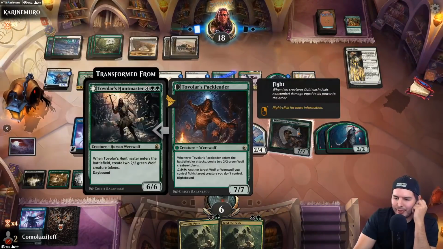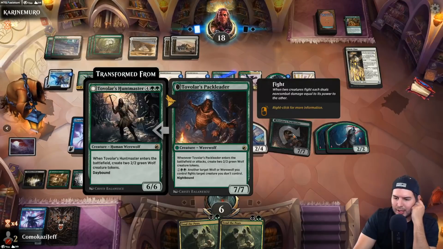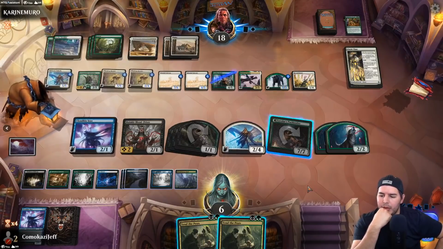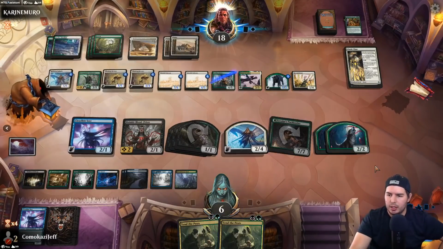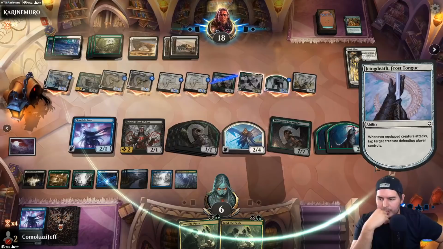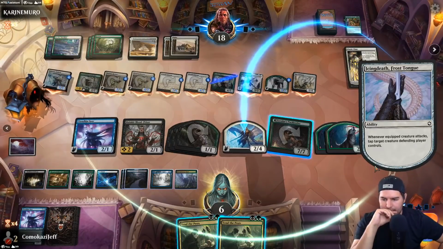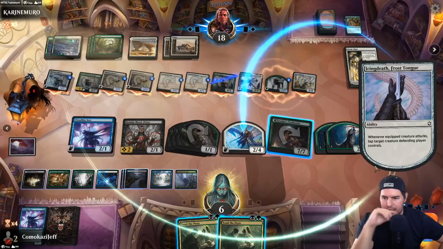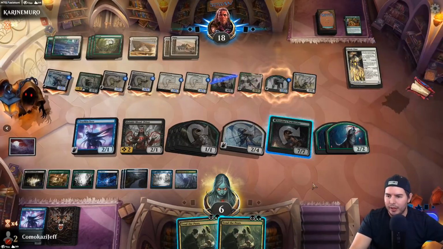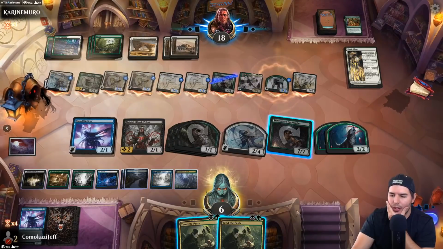This is now a 7/7. Another target wolf fights something we don't control. Let them attack in. Let's see how they do it. Okay. We might have been able to pull this off here. Let's see how we do this. So